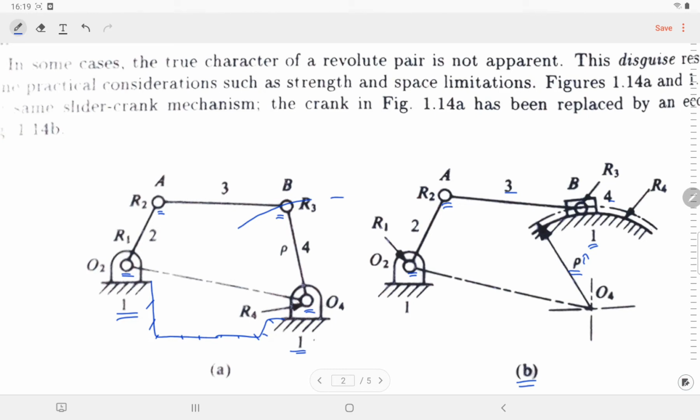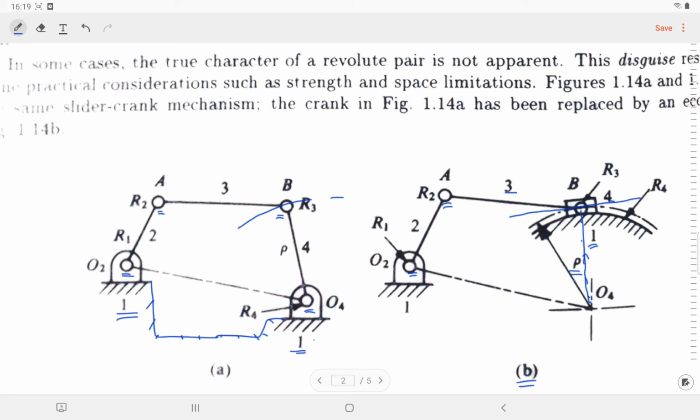The curvature will decrease and it will start approaching a straight line. And what will that straight line be? It will be the line perpendicular to this line. If I keep on increasing my rho value, then this curve will approach this line,